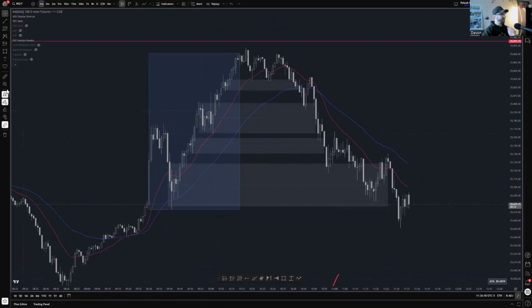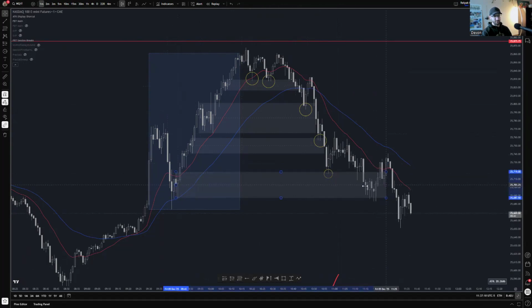Let's draw. I want a little circle. Where are the circles? Here we go. All right. So we have reaction, second reaction, failure. Oh, look what it reacts to. Oh, it reacts to another zone. Comes down. Look what it reacts to. Another zone. Look what it reacts to. Another zone. Right. And you can see that here's an engulfing.